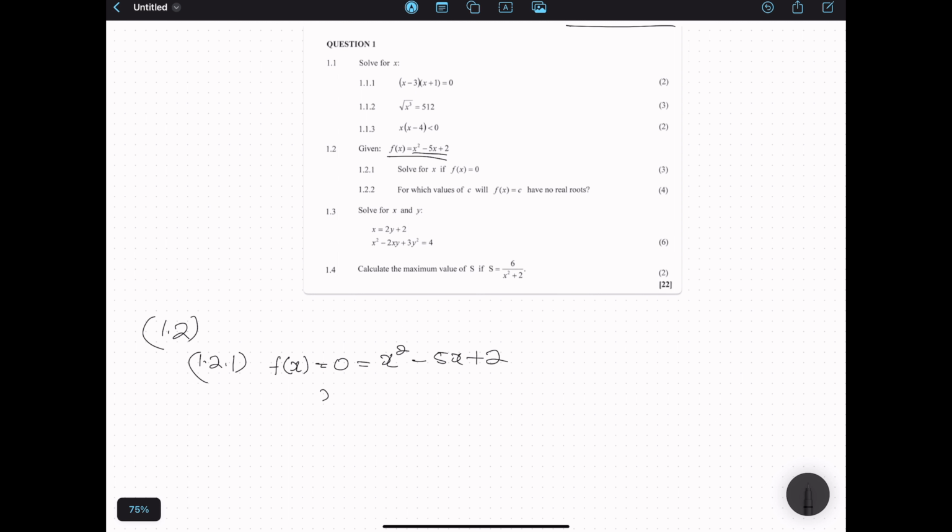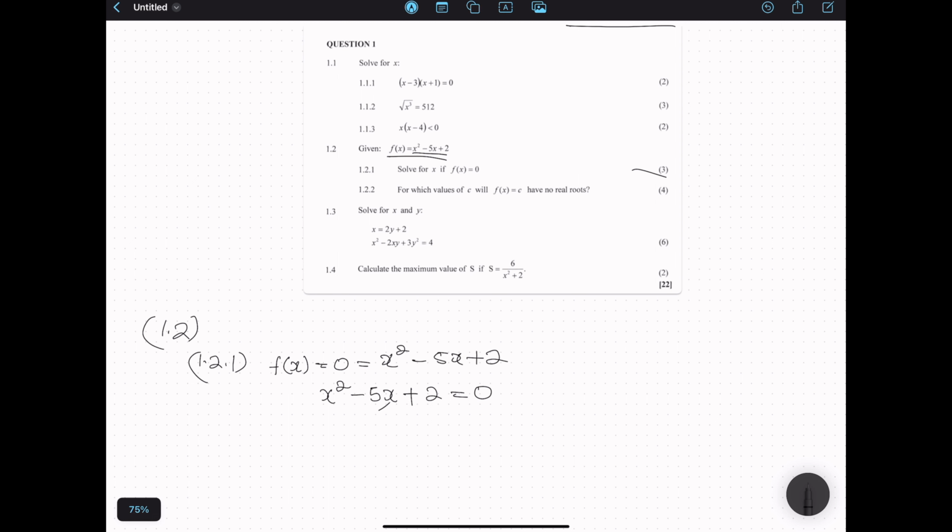x squared minus 5x plus 2 equals 0. Looking at this, you can see that you won't be able to factorize this using the factors of 2, because 1 and 2 cannot give us 5, unless you use the other method where you introduce 5 over 2 and all that. But to make it simple, because the mark allocation is just 3 marks here, you just have to introduce the quadratic